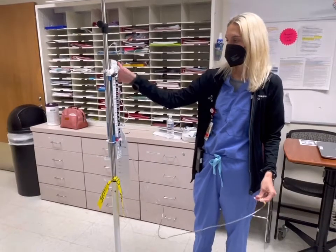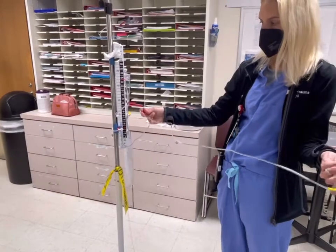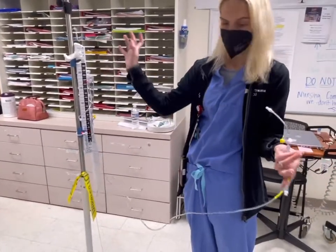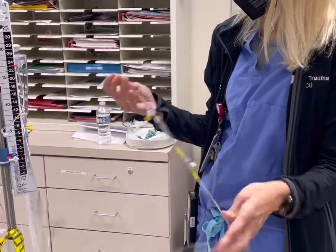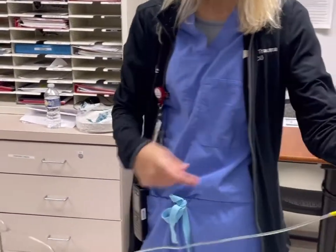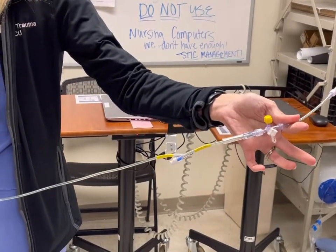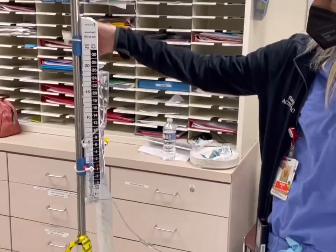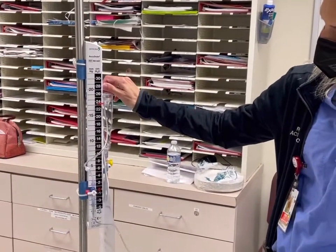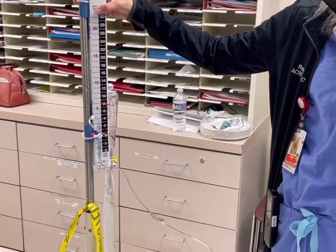Guys, I'm just going to go over a regular EVD first. So your regular EVD, you have the transducing cable that goes into the brain. This is the end piece that goes towards the brain, into your drainage bag, and then the actual drain system, where you're usually leveling it to millimeters of water, not